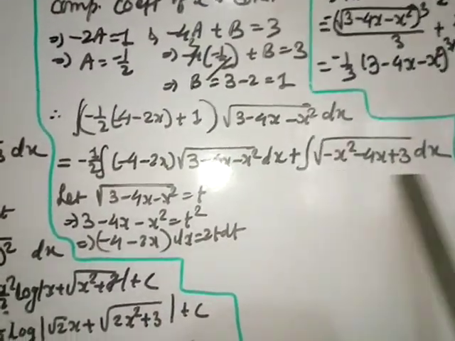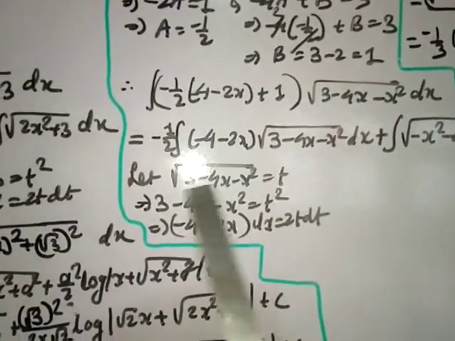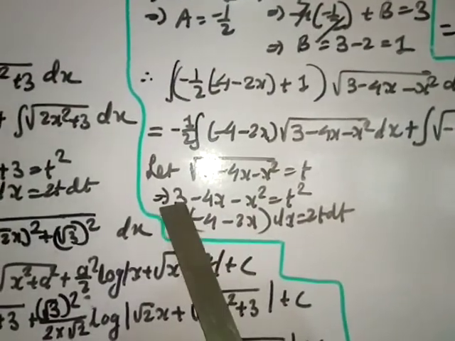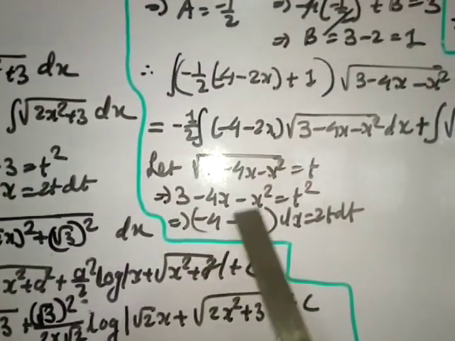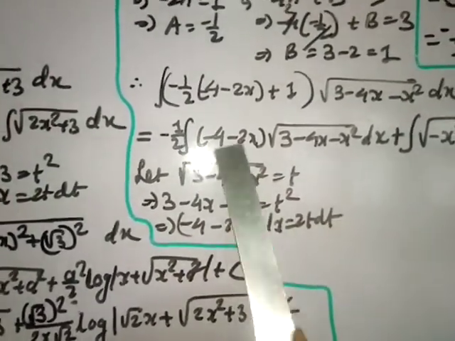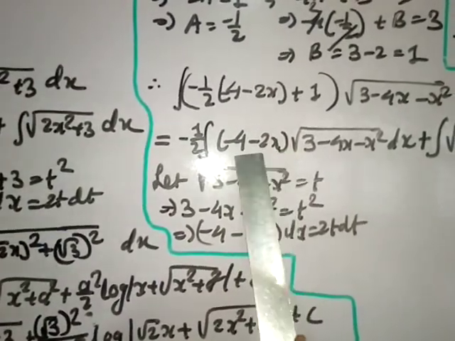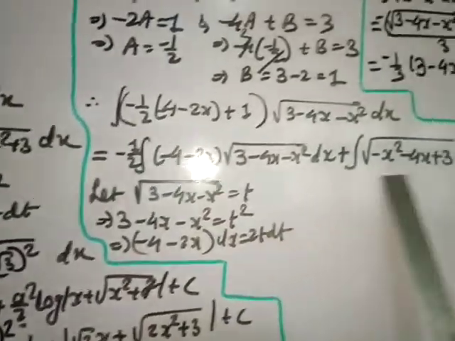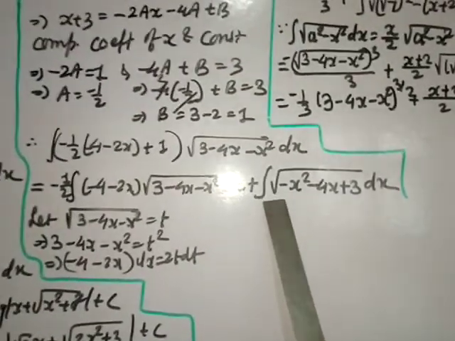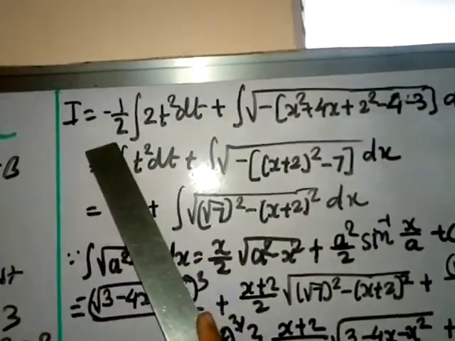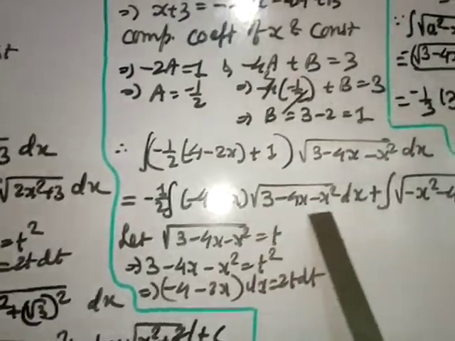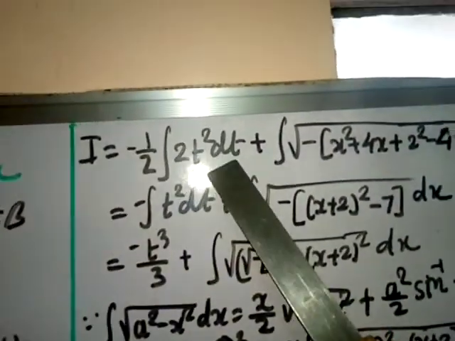I am going to make perfect square. For this you take this as a t, square both the sides. So 3 minus 4x minus x square is equal to t square. Differentiate, 3 will be 0, minus 4 minus 2x dx equal to 2t dt. So see this one, minus 4 minus 2x dx equal to 2t dt, and this you are taking as t. And this one we have to make perfect square. Before that you take minus common. So here 1 by 2 minus 1 by 2 is there. Then instead of this one you are writing 2t dt, and this is t. So it becomes t square, 2t square dt and 2 cut.